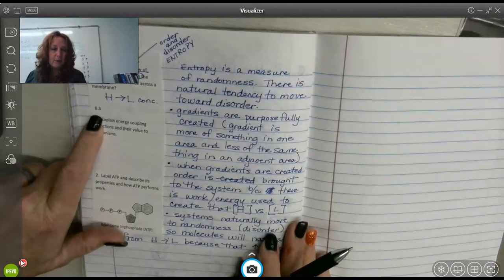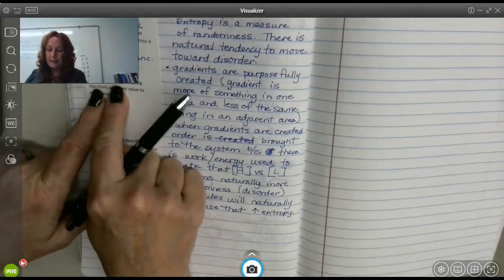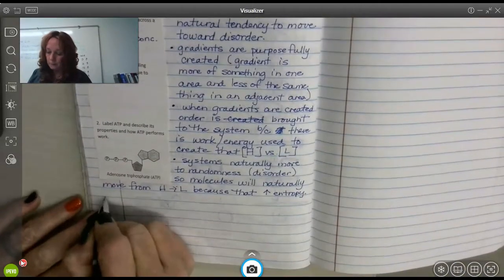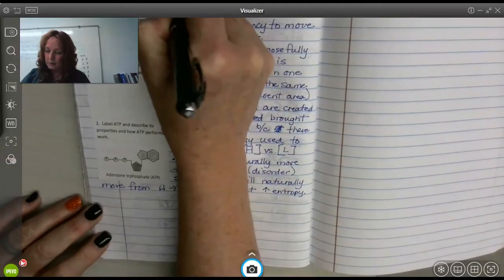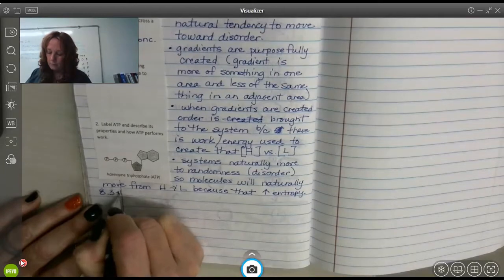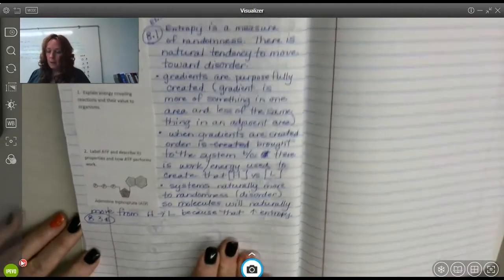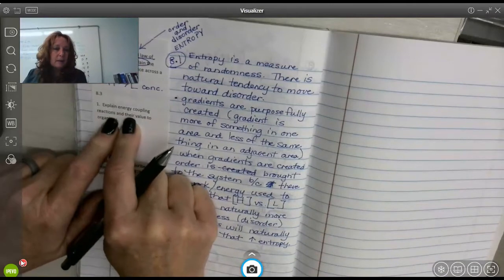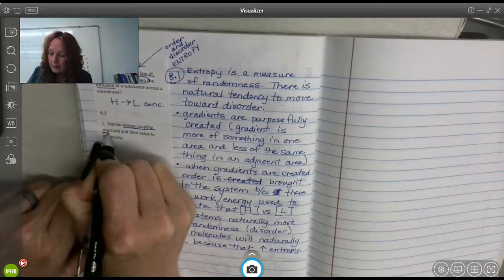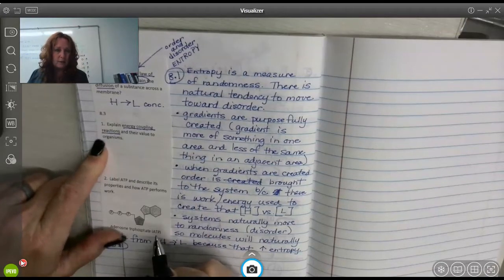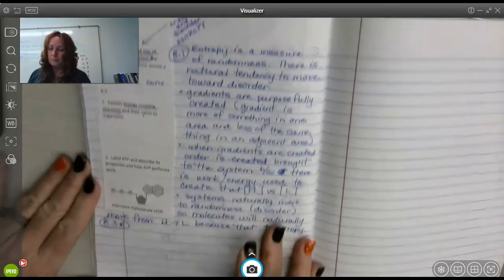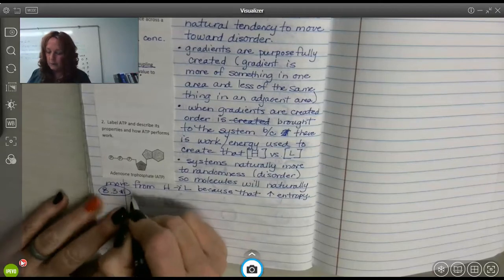So we're going to skip over to the 8.3 and talk about energy coupling reactions and their value to organisms. So I think what I'll do is I'll just number this 8.1, make this one 8.3 number 1. So let's think about this and what they're actually saying. What do they mean by energy coupling reactions? That's the part I've got to figure out first before I can even think about why that's valuable. So what they mean is, let's just do some words.